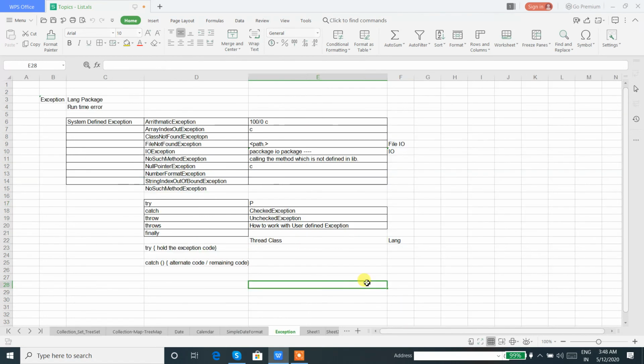Fine. Now exceptions. In exceptions also we will be working with different exception handlers. How can we use those? So these are all the macro level topic understandings. You may now have a visualization of how we will go through the topics and complete them. Thank you so much for watching this video. Happy learning.